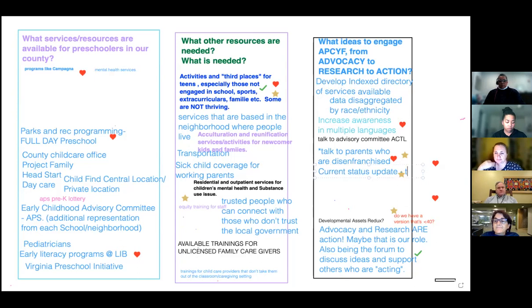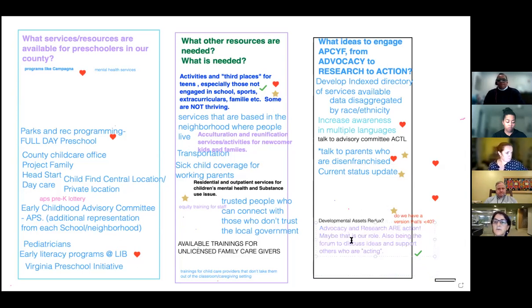Mm-hmm. Or have a forum, like a meeting at Central Library. They have tables for different agencies. This is how we want to work. This is what the public can do, how we can collaborate. Like the Commission on Aging does that quite a bit. They host forums on transportation for seniors and Medicare for seniors and this and that, but